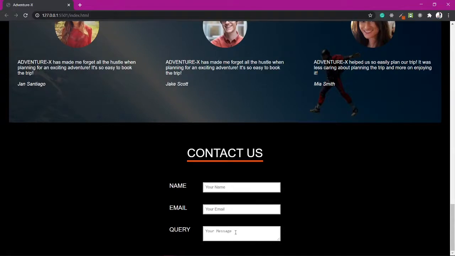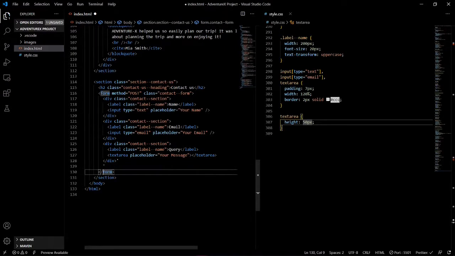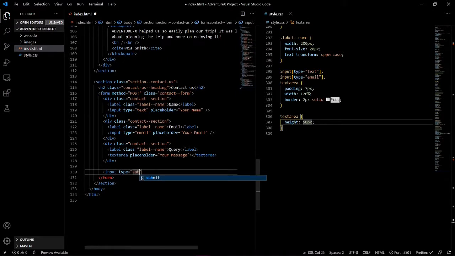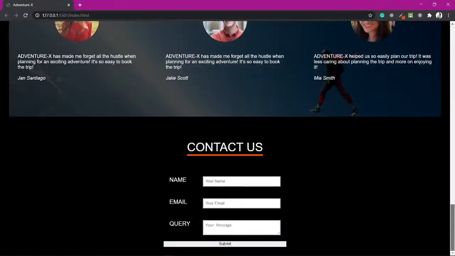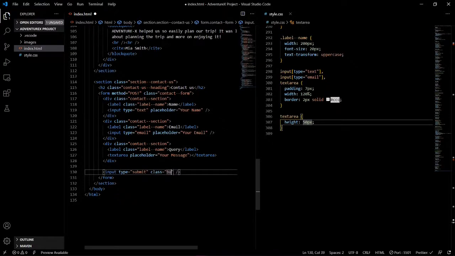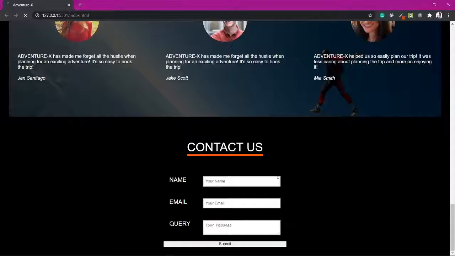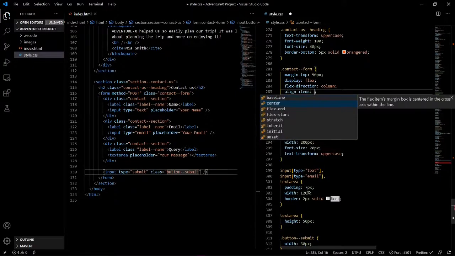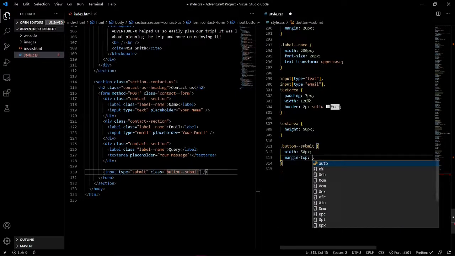So this is how it would look, and below we'll have a button to submit the form, so that we can write it as input type submit, and yeah, this will give us a button, and I'll just give it a class called button submit, and to style this button submit width of around 50 px, and to center it I would go to the form and align items center. It's centered. We'll add a margin top over here of 30 px,